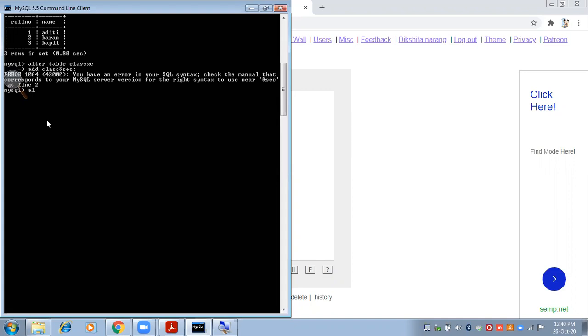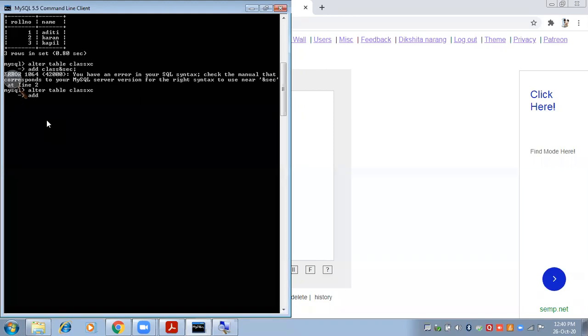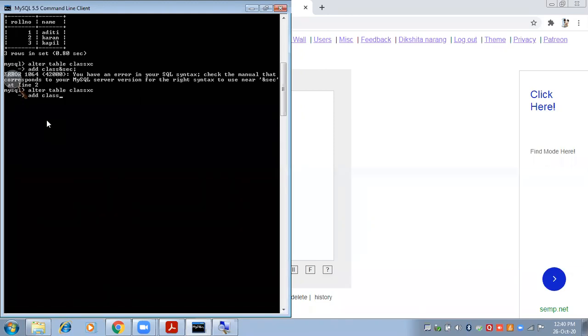So alter table class 10c, add class, size we have to give varchar 4, semicolon, enter.